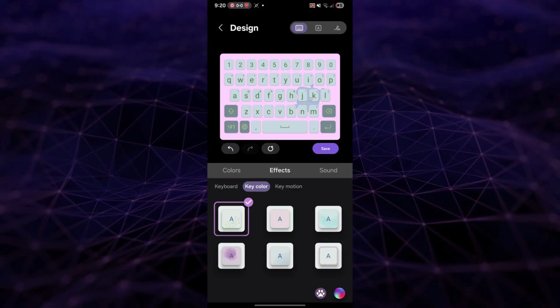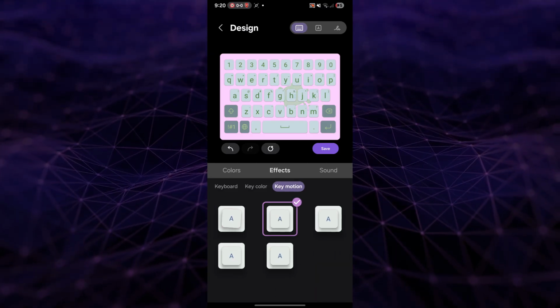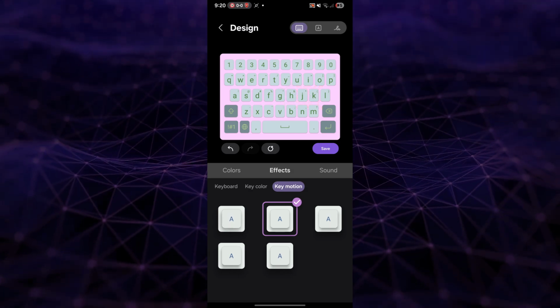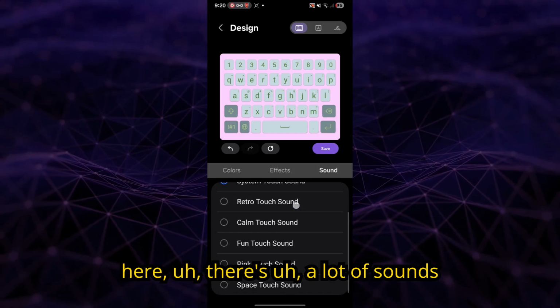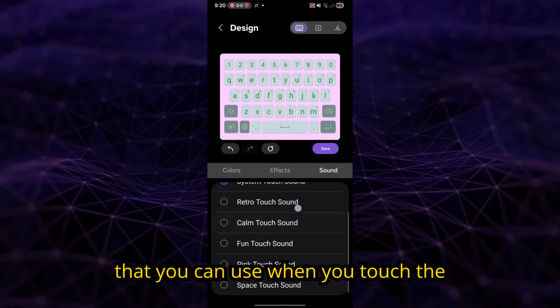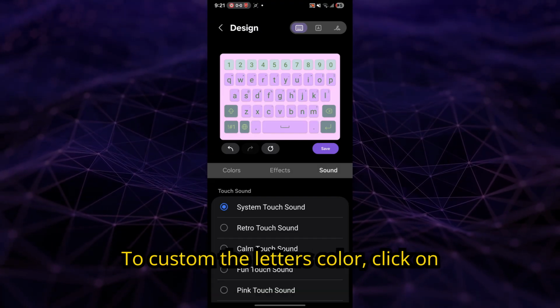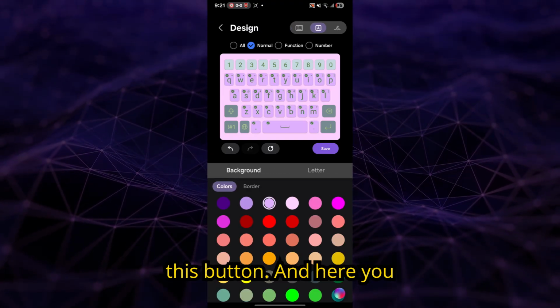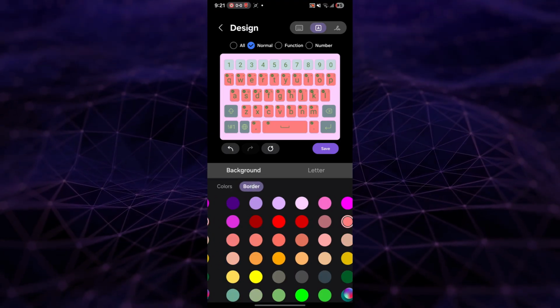key color or on the key motion. Then you can go to sound and here there's a lot of sound that you can use when you touch the keyboard. To customize the letters color, click on this button and here you can choose between different colors and